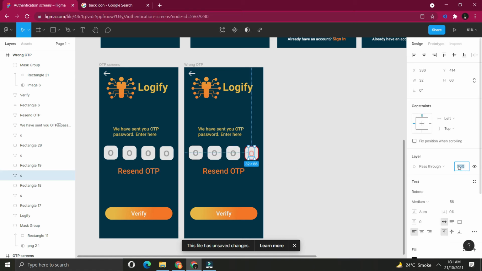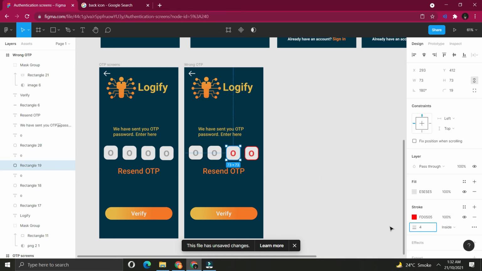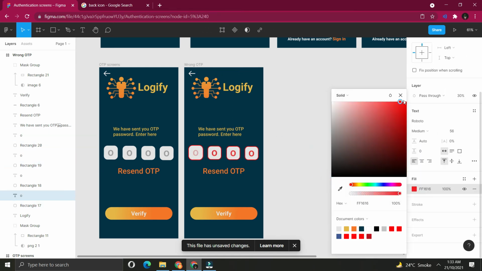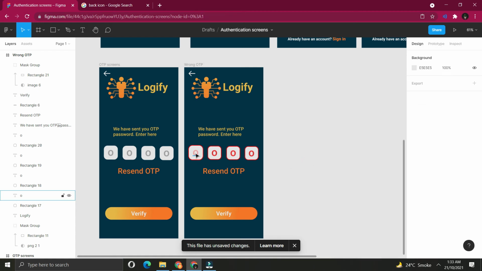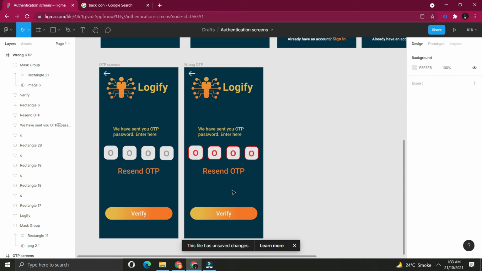I will copy it in all. So this will appear when he enters the wrong password. So our border will look red, so it will be red. So once I am done,